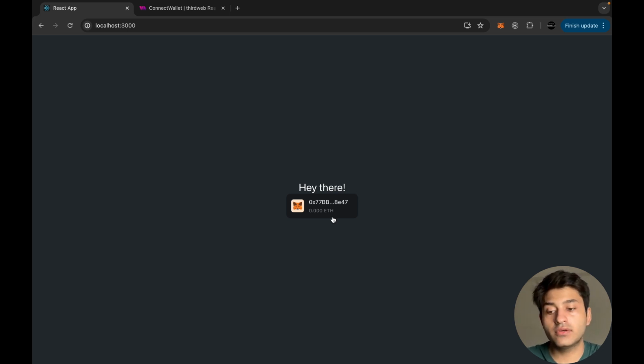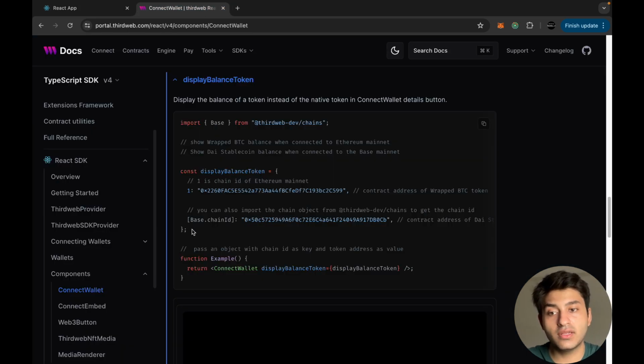of the Sepolia network. However, there could be cases where you may have deployed a token on the same chain. Like for instance, you may have deployed a token contract on the Sepolia network, and you want to show the balance of that token instead of the Ether balance. In that case, you can make a few modifications. As it's mentioned here, you can create a new object called display balance token. First, you need to specify the chain ID. In our case, it will be the chain ID of Sepolia network, and after the colon, you need to specify the